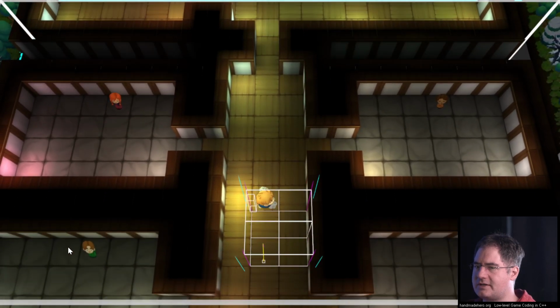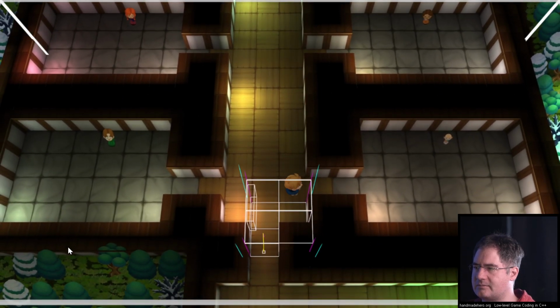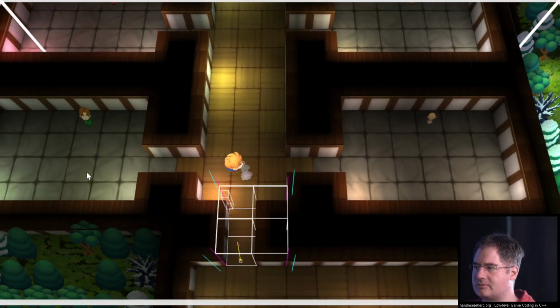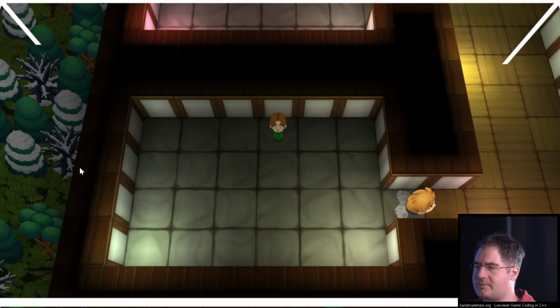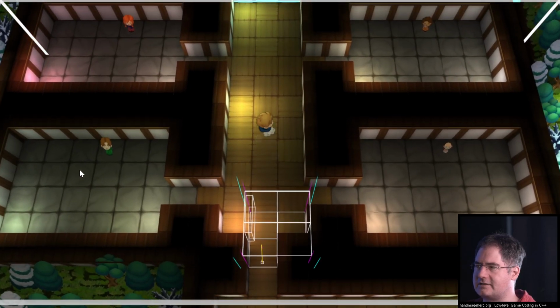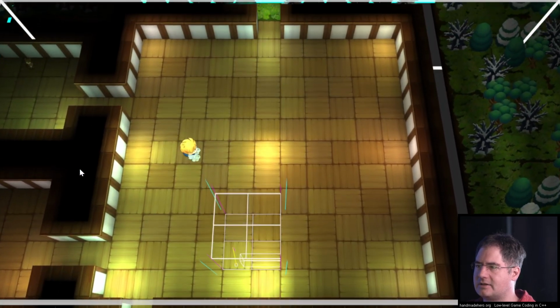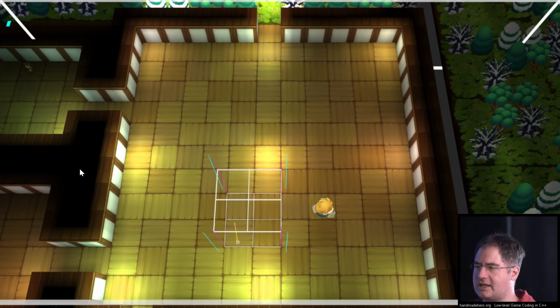I don't think it would necessarily fix it this way because it looks like the gap, X gap, is maybe a little bit too small there. So we may have to enlarge the lighting region slightly, like one more tile on the X axis or something. But in general, I would say,